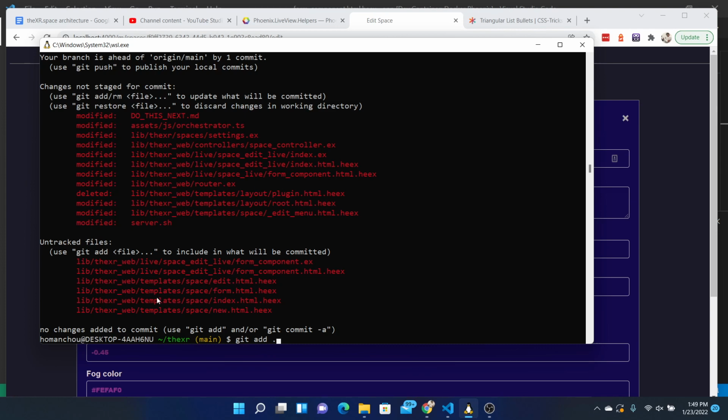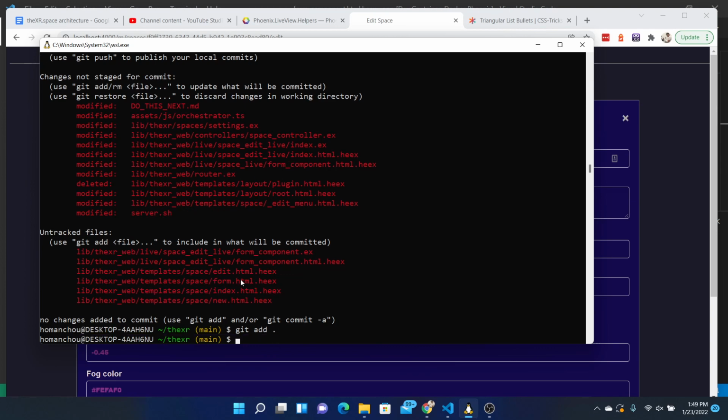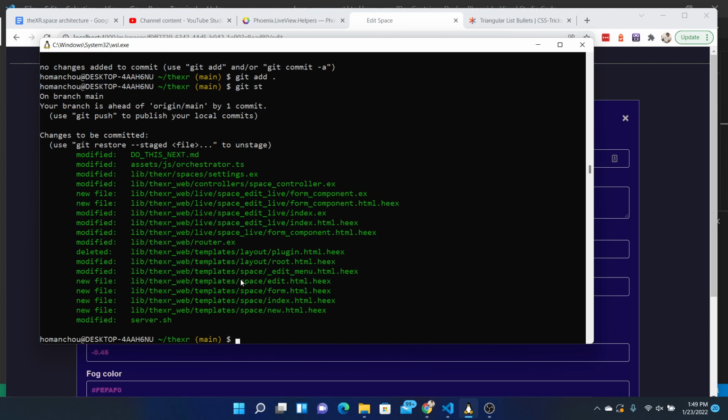I don't understand why these changes are being tracked. Templates space. Anyway. Let me take a quick look. BXR web templates. Oh, okay, I guess I was adding some field. Okay. Yeah,